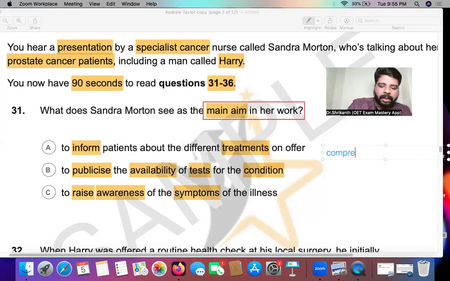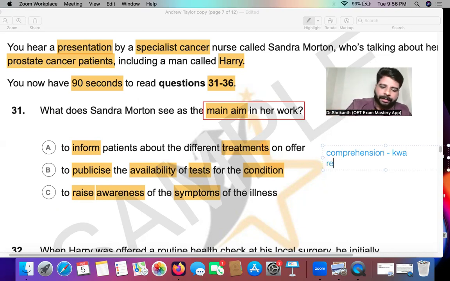So step number one is comprehension. What is comprehension? Comprehension is basically understanding the question, understanding your duty. If you don't have clarity in what your purpose is, then there is no point in listening to the audio because you will only get more confused. So to get clarity, you definitely have to comprehend the question. And for this, you need to do the keyword analysis. So interact with the question paper, take your pencil, underline, highlight, do everything like this, make some notes. Everything is allowed for you to do.